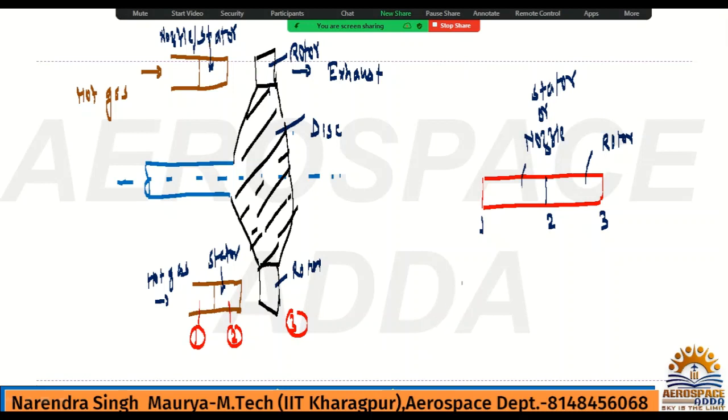So this diagram will be like this, see, the same. This is the turbine. So we are taking this section here, okay,